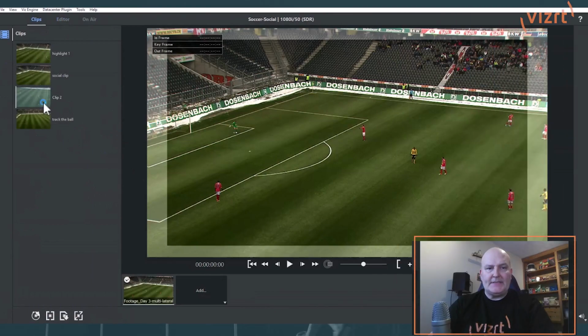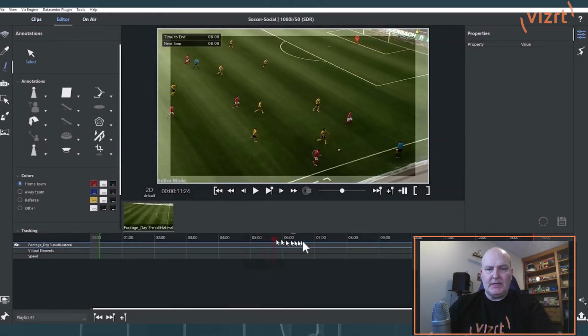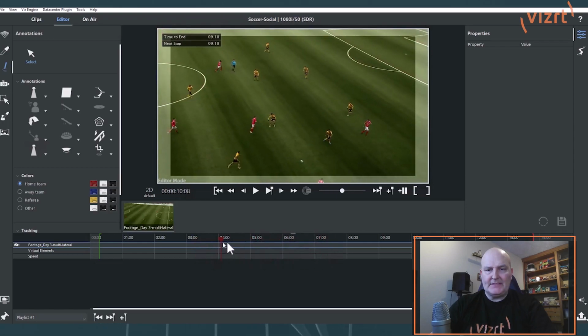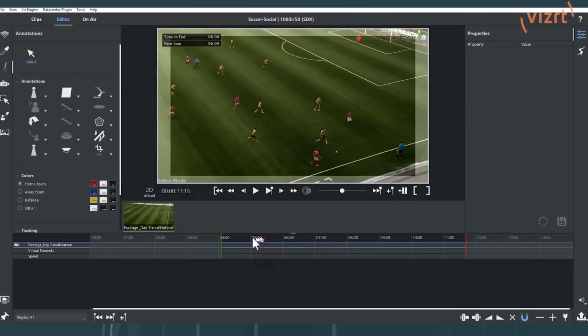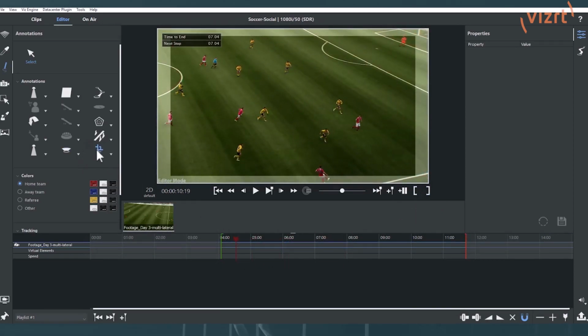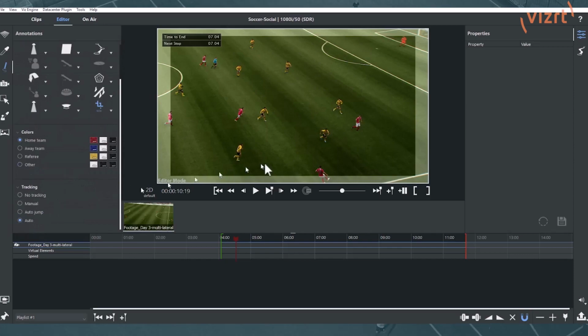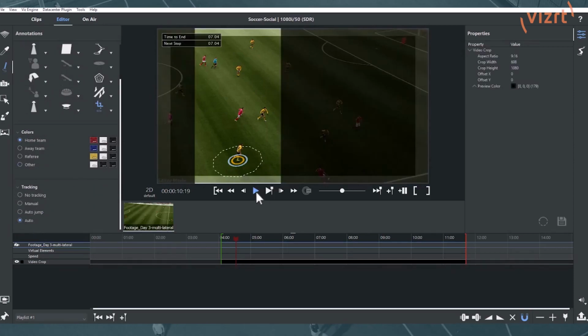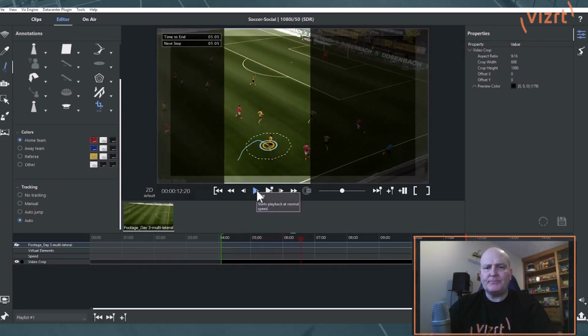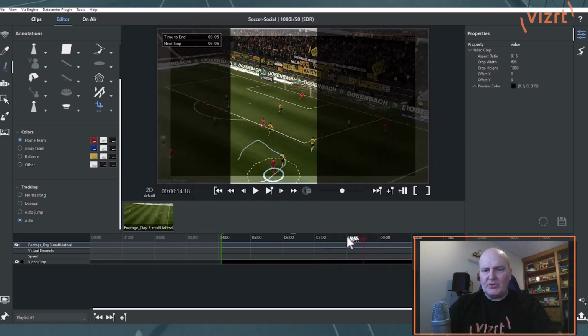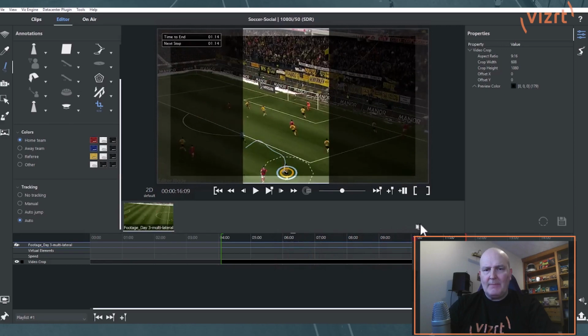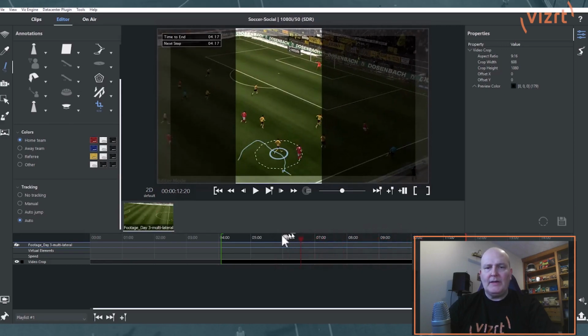So another way I can track is to also just come to a clip here and this is a brand new clip, so I could set an in and an out point for the clip, and I could find a player to track. So using this tool, which is the video crop tool, now I could click on a particular player. Now as long as I've got tracking on auto, what it will do is I'll click on that player and I'll press play, and it will track that player in real time, and it will then stay with that player.